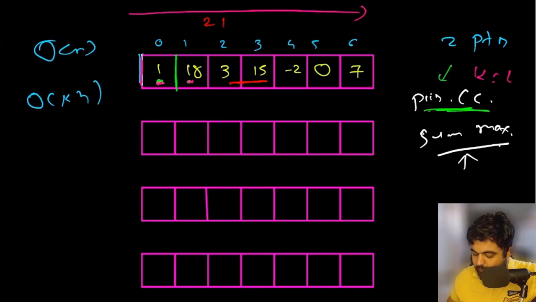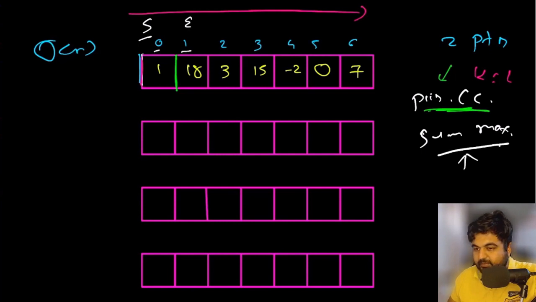And let me show you how. The idea is that first of all we are going to create 2 pointers, and for these 2 pointers we are going to have a starting value and an ending value. So the first time the starting value is going to be at the first position, value number 0, and our ending value is going to be at value number 1.